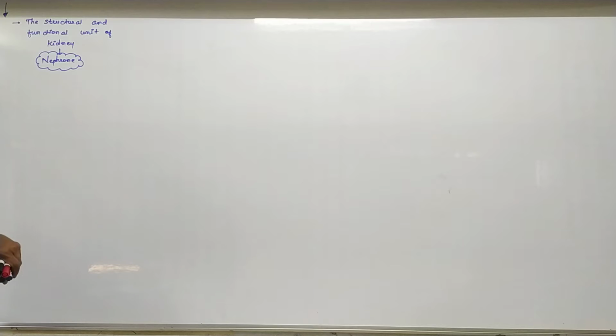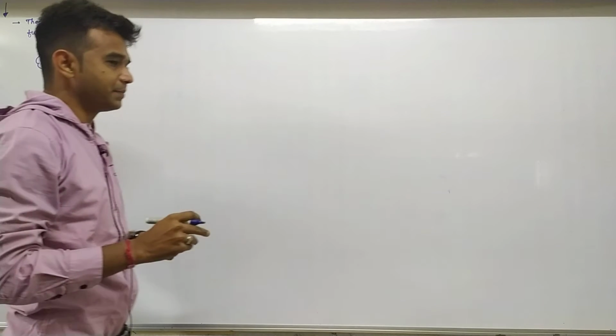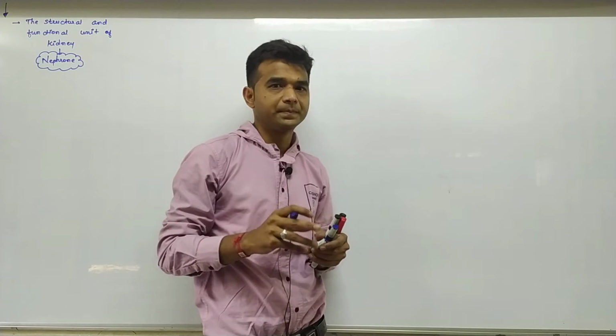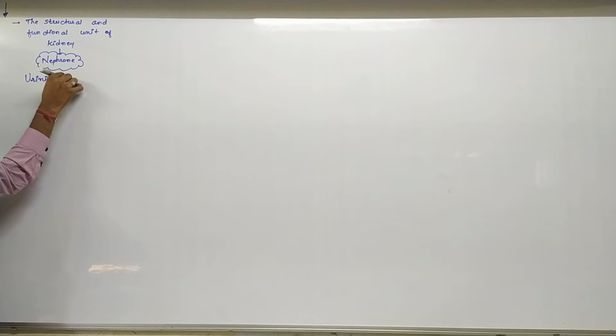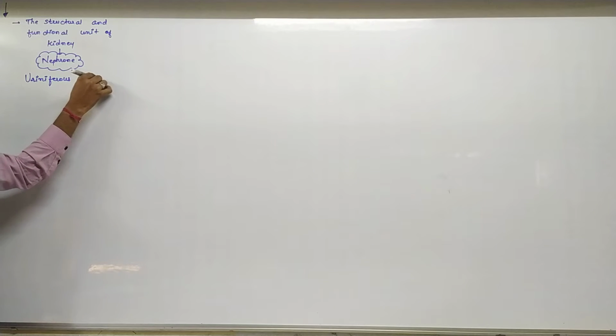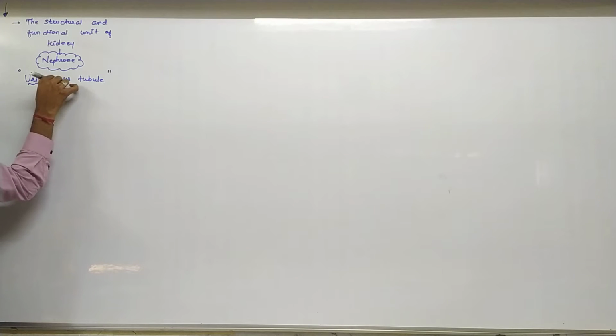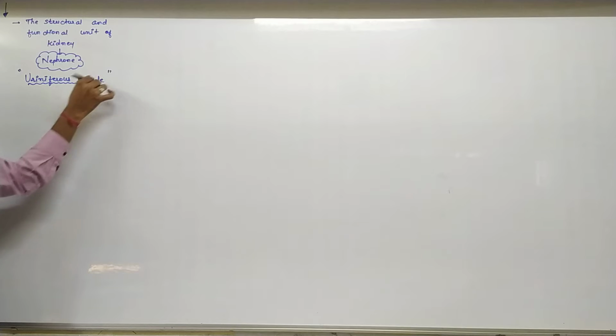The major function of the kidney is related to the nephron, and the nephron is also known as the uriniferous tubule. The main important thing is this: